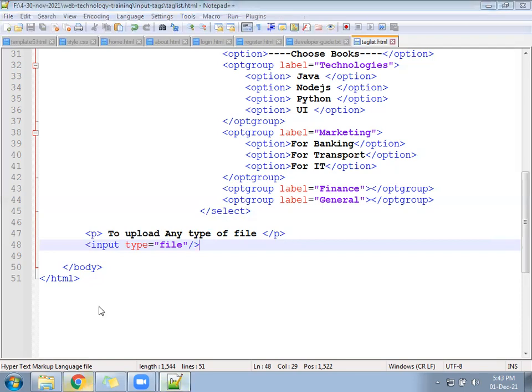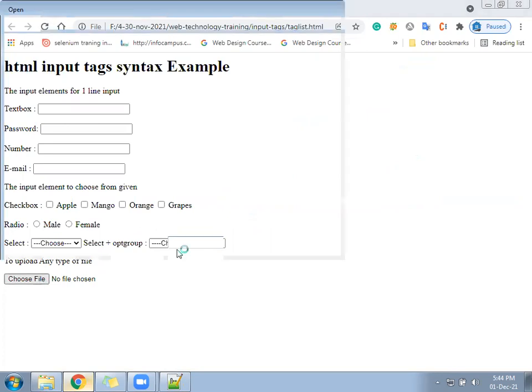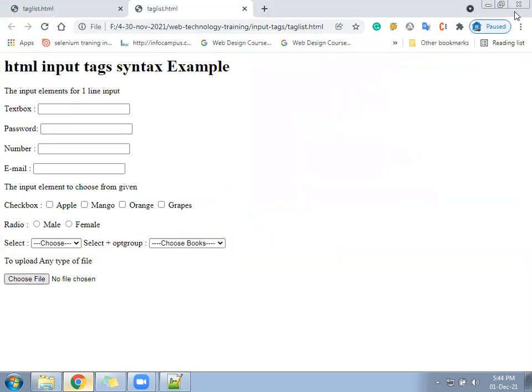So we are getting the file option, the browse option, to upload any type of file. If you select here, it will give the option, and you can select any file. After that, if you have an upload button, you can click on that and upload it.